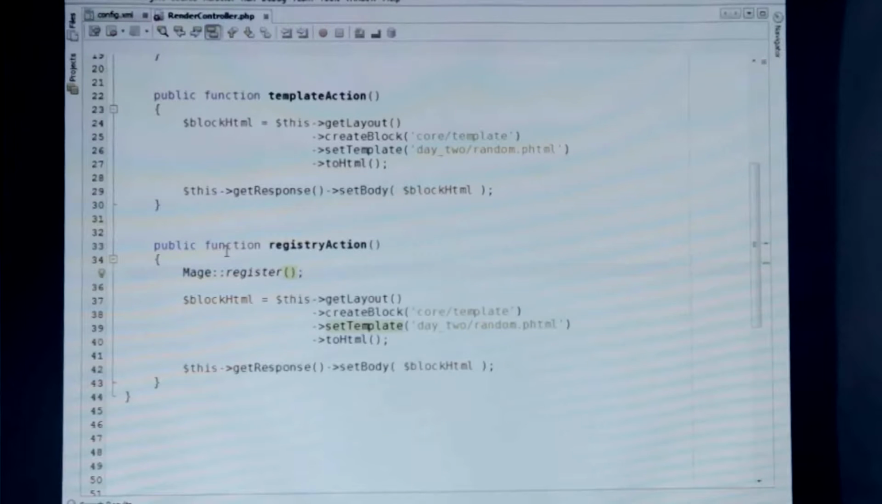It's not persistent. Let's see, register, so I will register some bar, and I will set that to some value. Okay? Now,